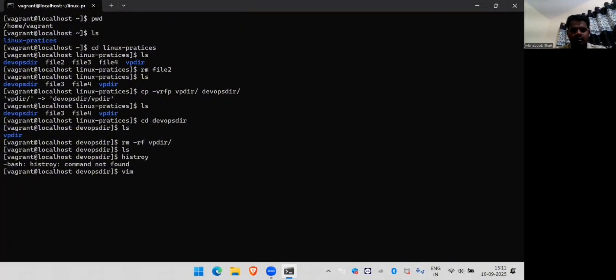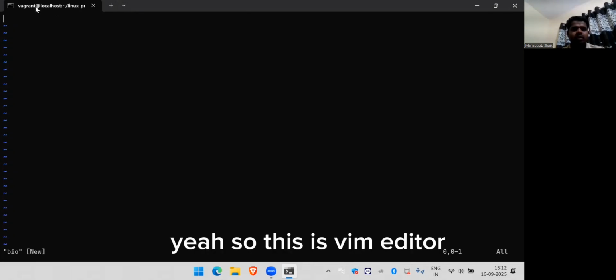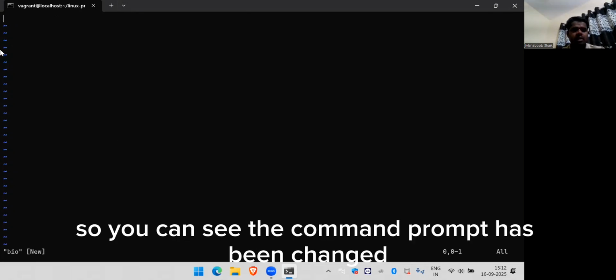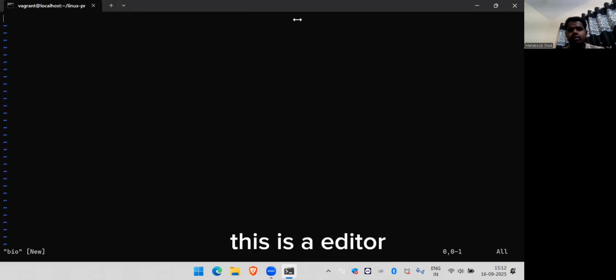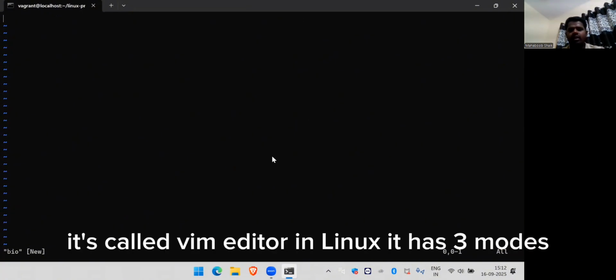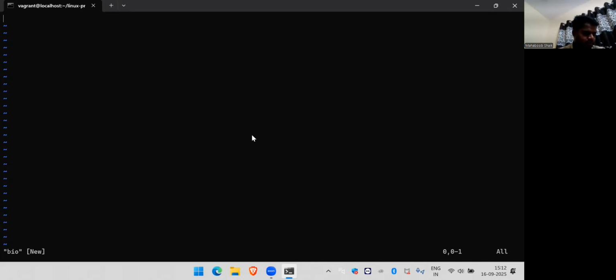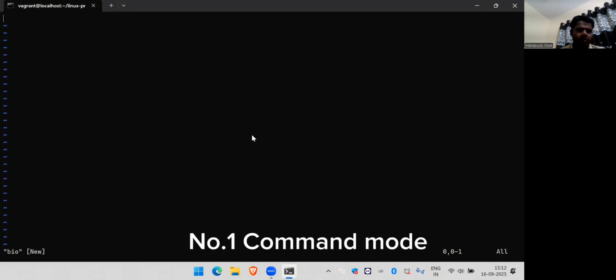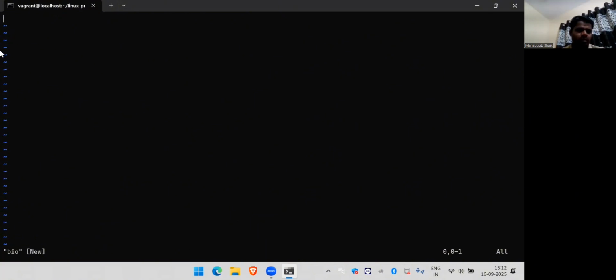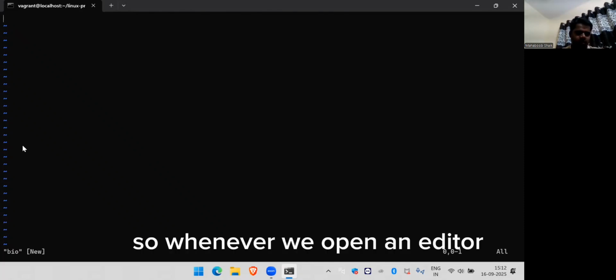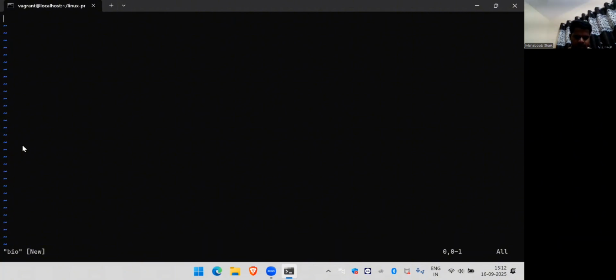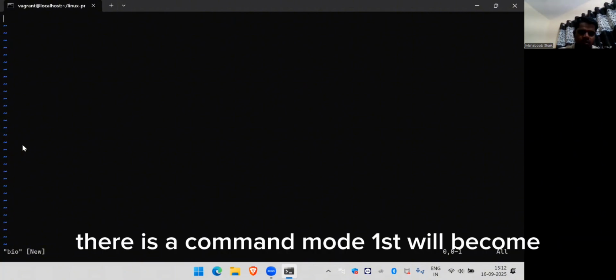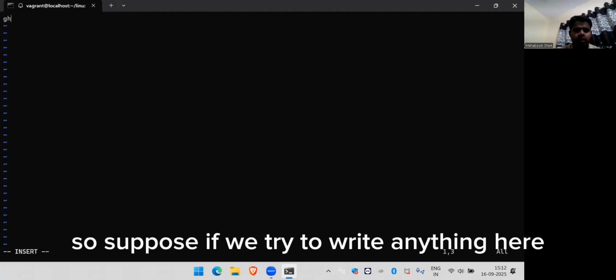The file name is bio. So this is the VIM editor. You can see the command prompt has changed. This is an editor. It's called the VIM editor in Linux. It has three modes. Number one, command mode. Whenever we open an editor, the command mode comes first. So suppose we try to write anything here,